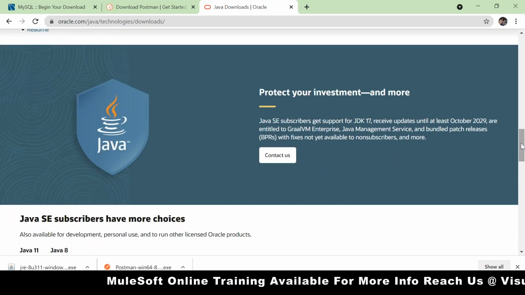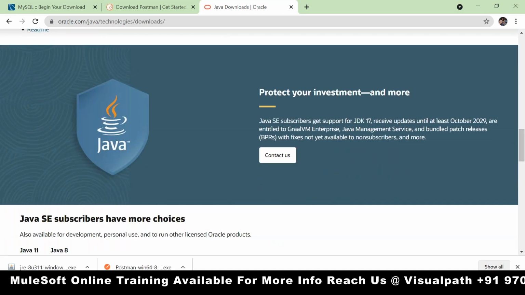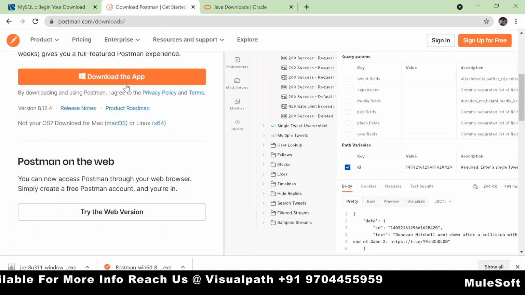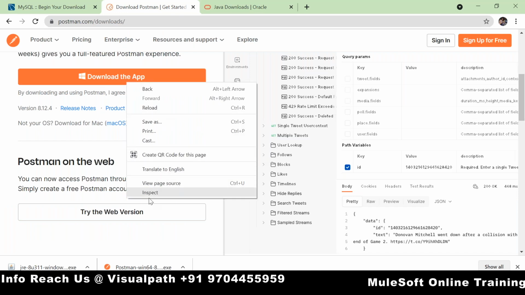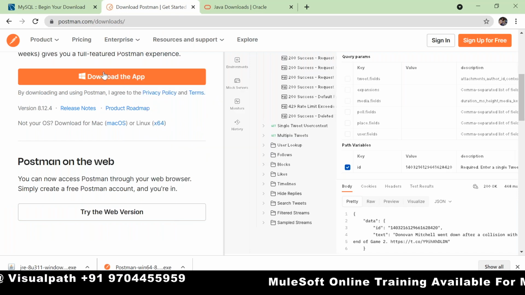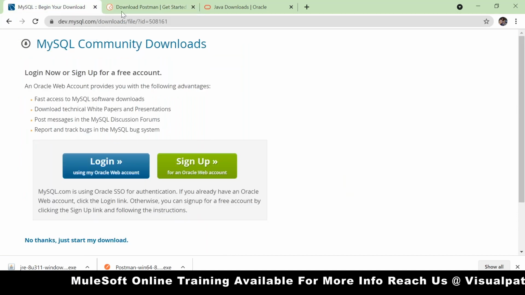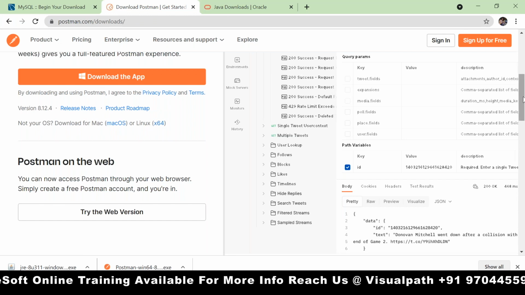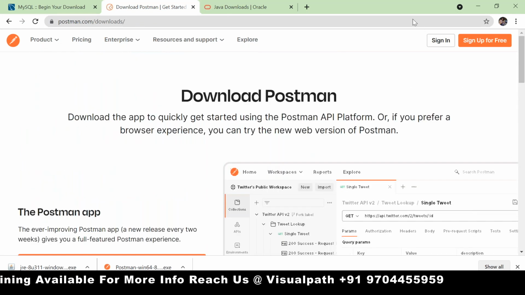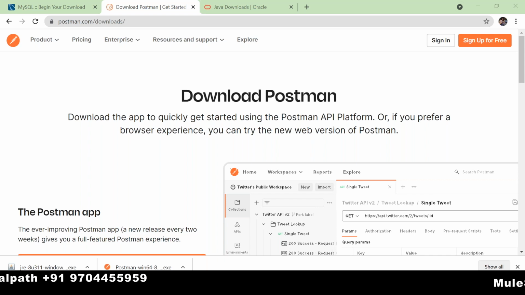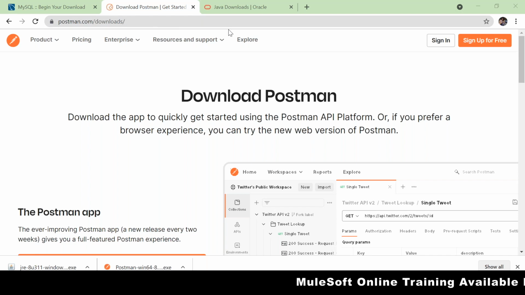Give me a minute. It seems this changed the entire website. Let me share you the link. Do one thing and go back, search for the JDK 1.8 download.